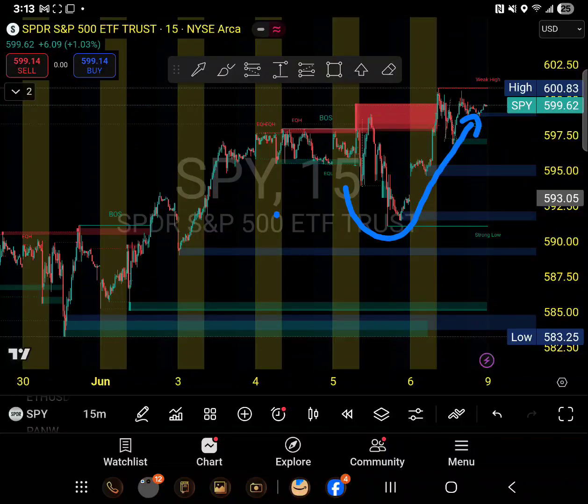But these kinds of range structures are very dangerous if you do not know how to do scalping, because whenever the sell occurs, it goes back, it will not reach up to the high, and then it will come back again, and then again, like this. So this kind of structure goes like this. If you do not know how to do this kind of range trading, then you will always take a loss, because you will try to sell here, it will go up, you will try to buy here, it will go down. So you should keep in mind what they are doing, and these kinds of retracements are there in the market always, right?